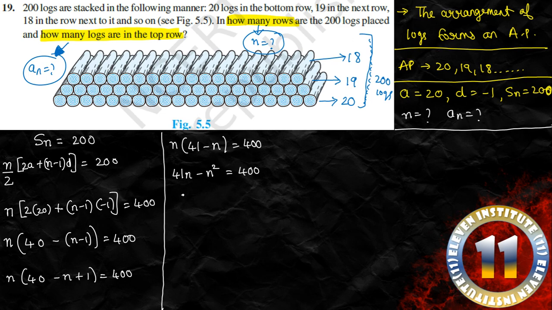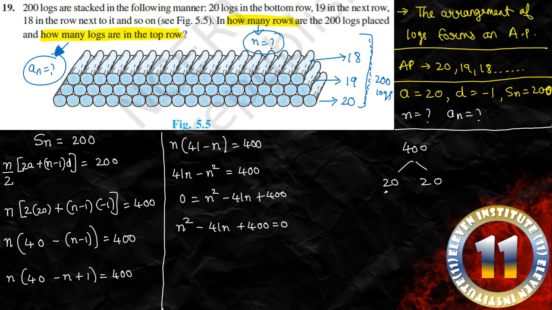Take all the terms to the other side. We have the signs changed. Now when I write it in general form, I get n square minus 41n plus 400 is equal to 0. Now I have to factorize in such a manner that if I have the factors of 400, the multiplication should give me 400, but addition should give me 41, right? So if I take 400 over here, I can simply split this as 20 into 20, but when I add 20 and 20, I get 41. Oh, sorry, I do not get 41. When I add 20 and 20, I get 40 only.